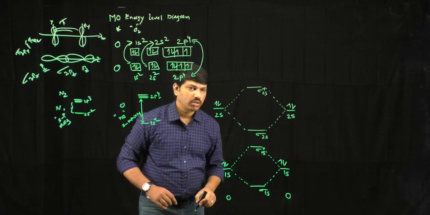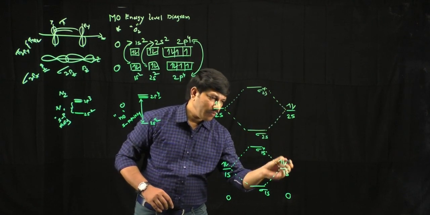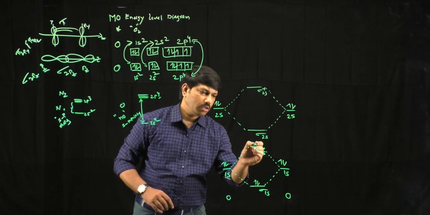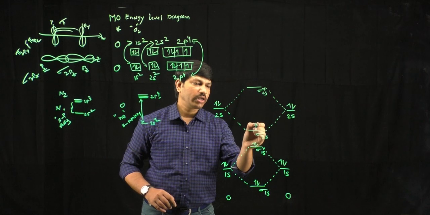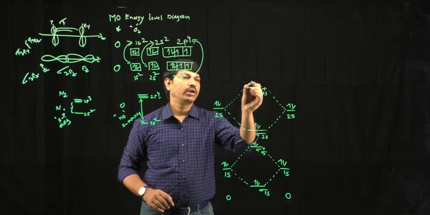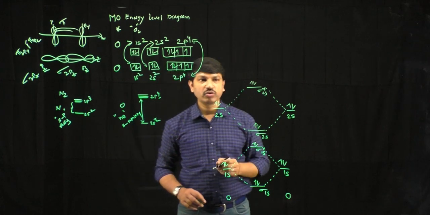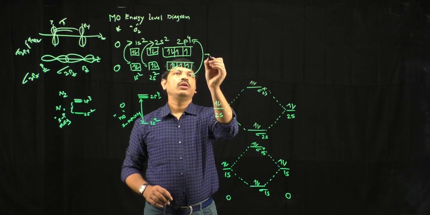Like this. Okay, here in total we have 4 electrons, and these 4 electrons occupy the levels in this manner. So here also 2 electrons enter the bonding level and 2 electrons enter the anti-bonding level like this. So now we have actually 3